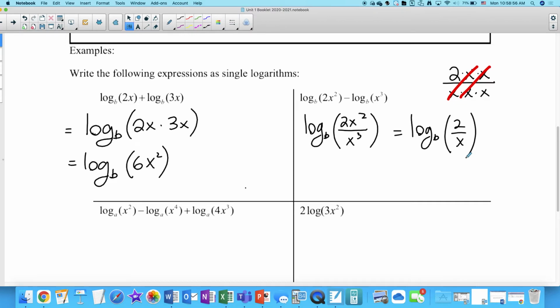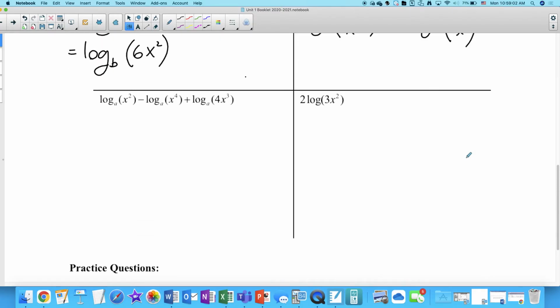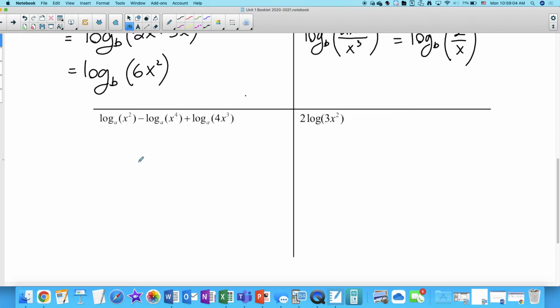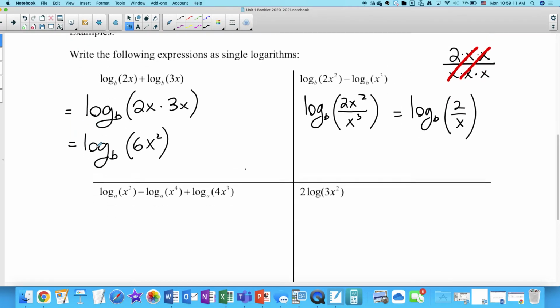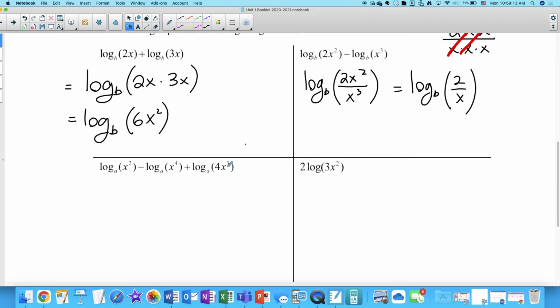All right. Let's keep going. Okay, so here we are doing a couple of log laws at a time. Of course, I should have mentioned this, but always scan to see if you have to do a power law first before you start working with product and quotient, right? So I don't see any numbers written in front of my logarithm, so I can just go ahead and, if it's a quotient law, I'm going to divide. If it's a product law, I'm going to add. Okay? So here,